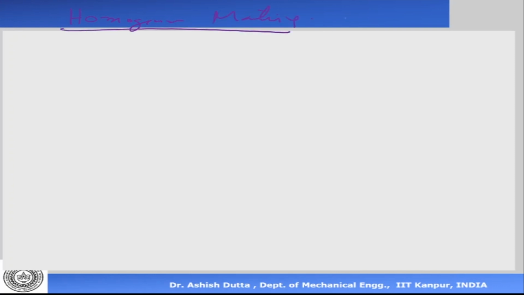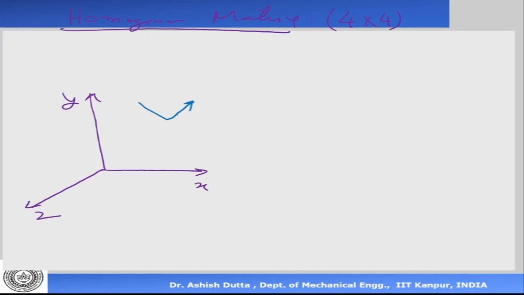is a 4x4 matrix in homogeneous space, and it is defined this way, that if you have a fixed frame like this, so this is my x, y, and z, and you have another frame which is rotated and translated. So the other frame is rotated and is translated by some distance. Okay, so this is my BP. So this is my frame A, that's my frame B. So what is this matrix T A to B, which is going to relate B to A? Actually, this is my x dashed, y dashed, z dashed.